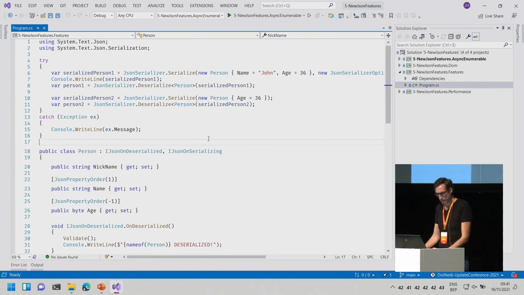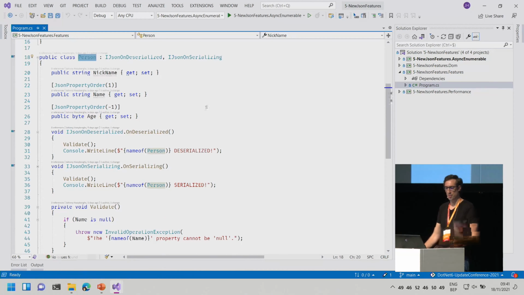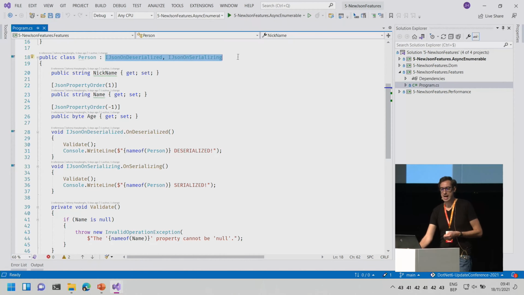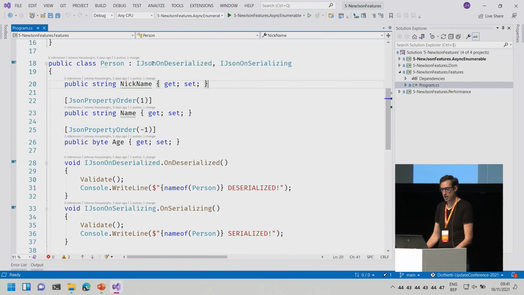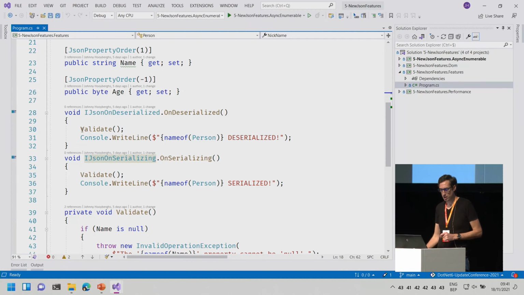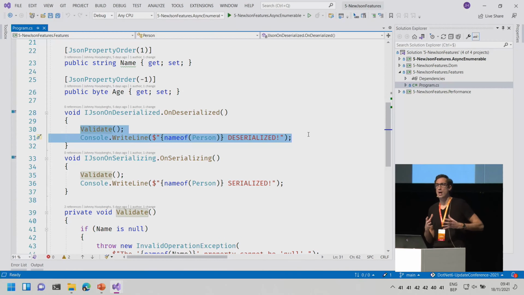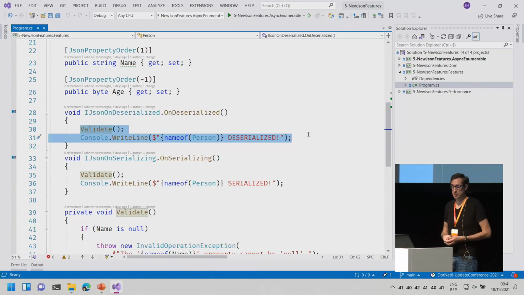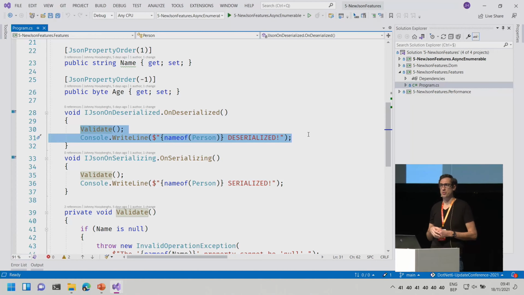So for example, when you create a model or a data transfer object that needs to be serialized and deserialized, you can add, let's make it a little bit bigger, these two interfaces or even more: IJsonOnDeserialized or IJsonOnSerializing. These are kind of events. So if you implement the functions that are defined within these interfaces, you can do something when your model or DTO is being serialized or is being deserialized. It can be handy for debugging or other functionality that you want to trigger specifically when you're serializing or deserializing.